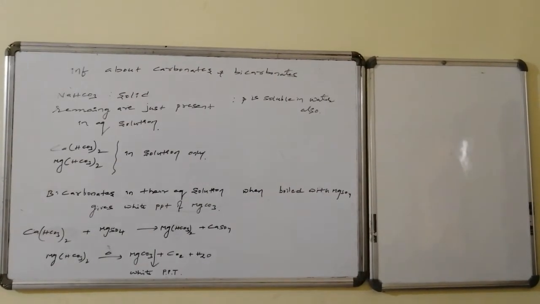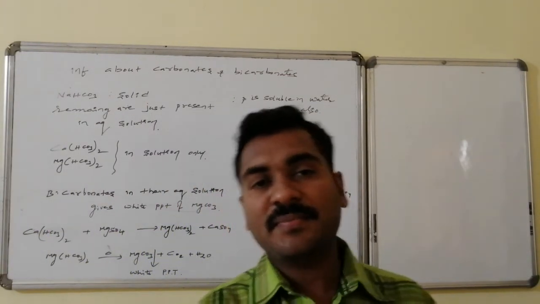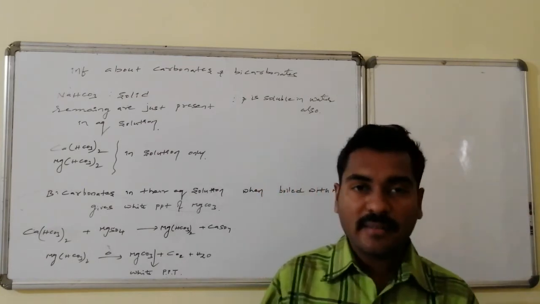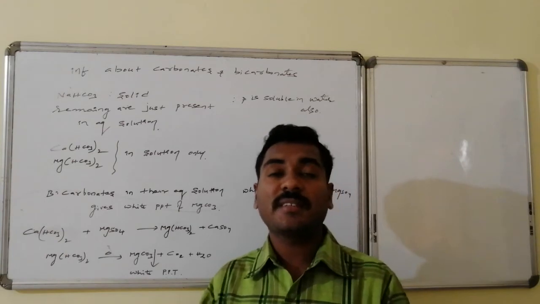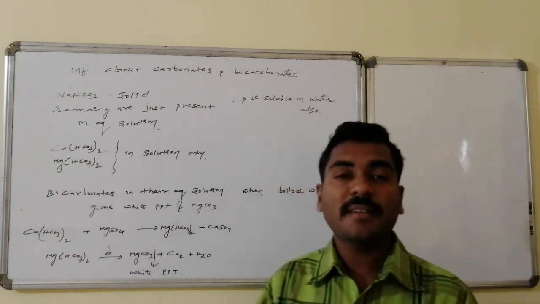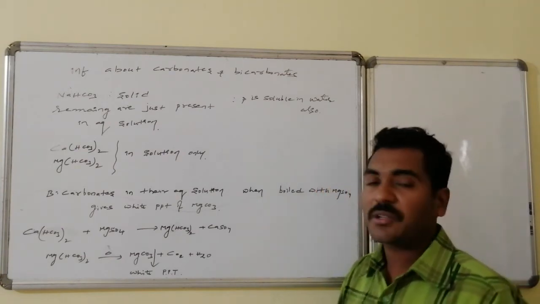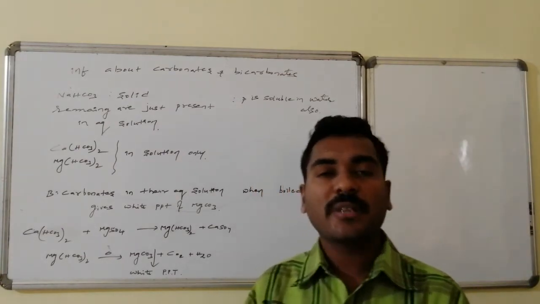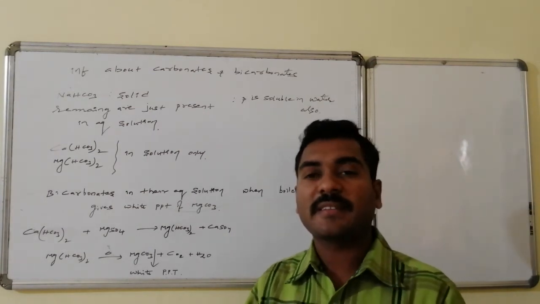In case of bicarbonates, only sodium bicarbonate exists in solid state. It is also soluble in water, but the remaining bicarbonates like calcium and magnesium are just present in the solution state. You never get these in the solid state. Whereas bicarbonates in their aqueous solution state, whichever are there, either you may dissolve them or they are present originally in the solution state.